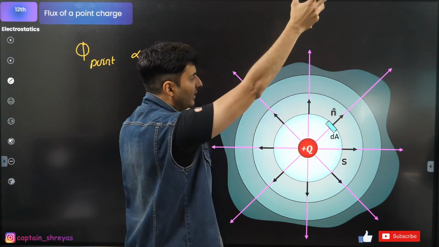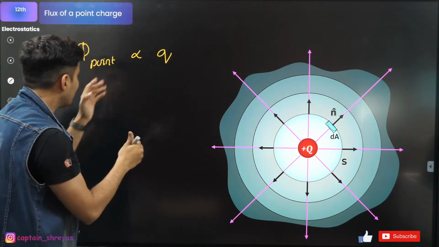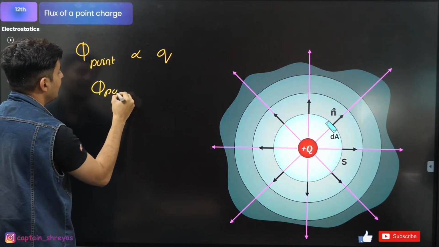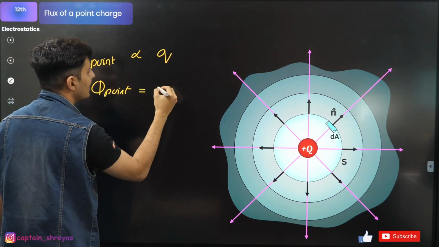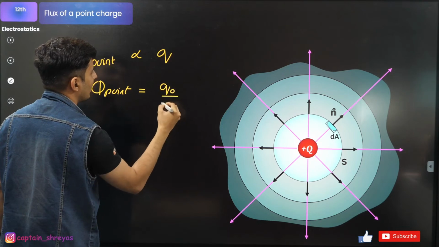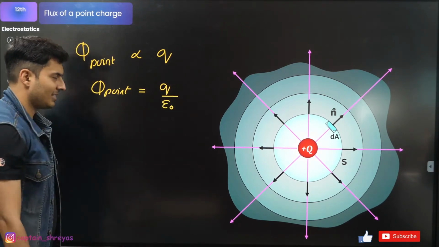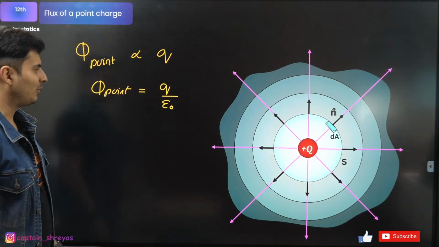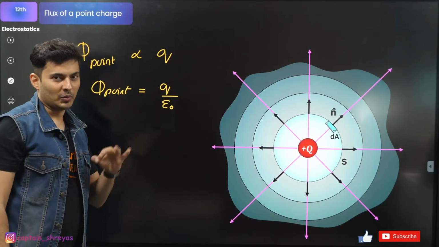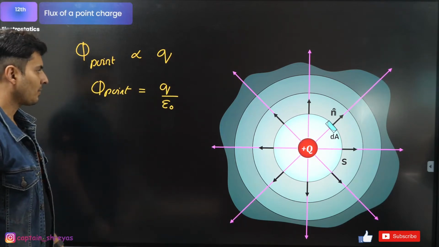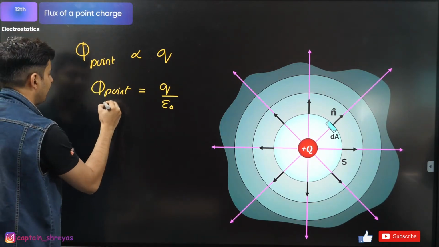More charge, more field lines. Less charge, less field lines. That constant of proportionality is basically epsilon naught, which is nothing but your permittivity of free space. Okay, everybody should know this standard thing. So this is the total flux